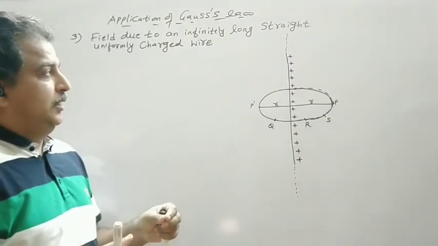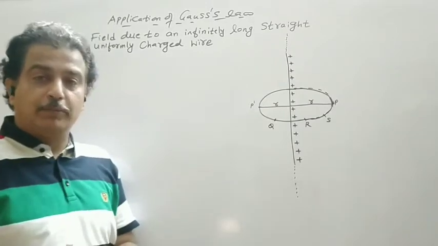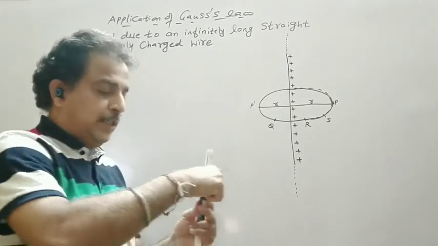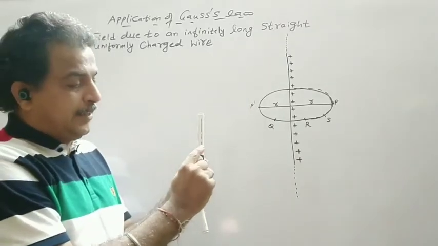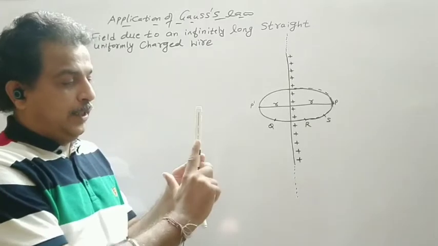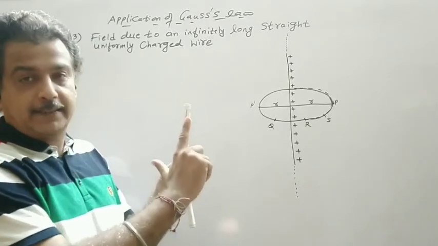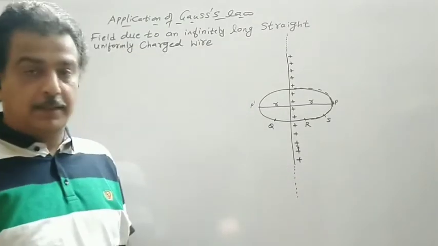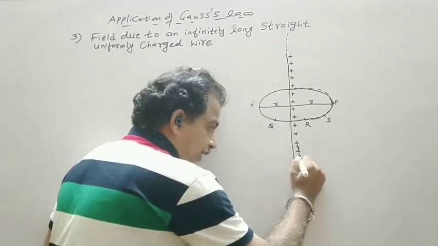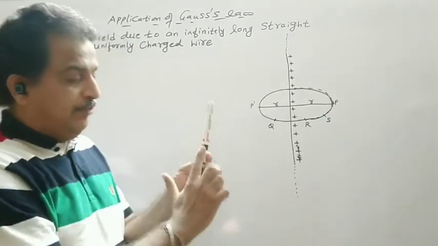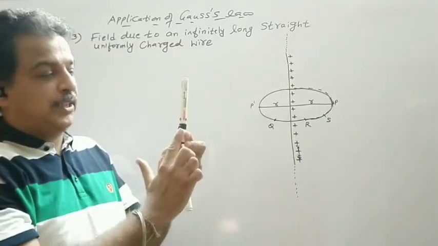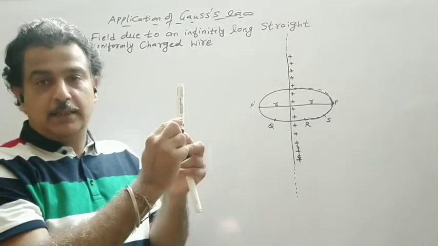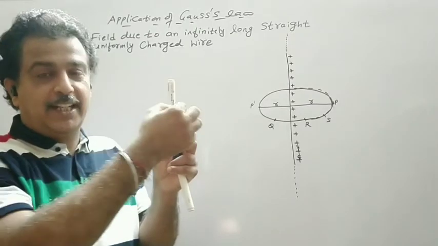One thing which can be easily understood from this diagram is that if there is one positive charge here, its electric field lines cannot go in the upward direction or along the y-axis because there is another charge. So these two field lines cancel each other. It cannot go in a downward direction. So if there are charges uniformly distributed on this wire and we take any charge on this wire, its field will always be radially outward.